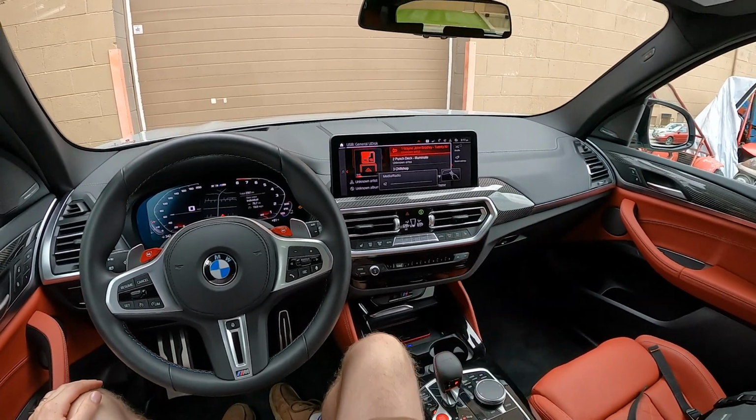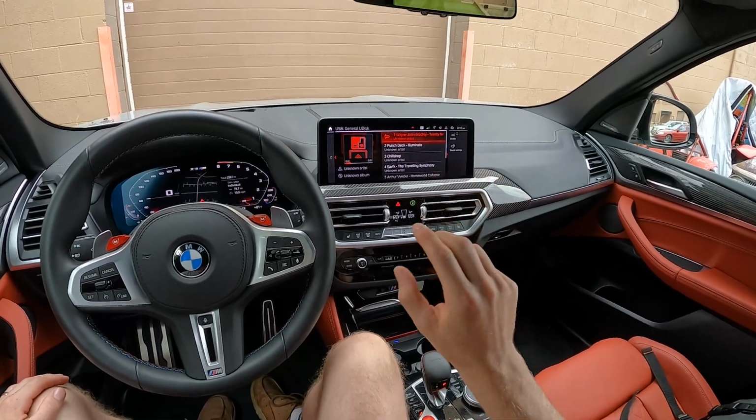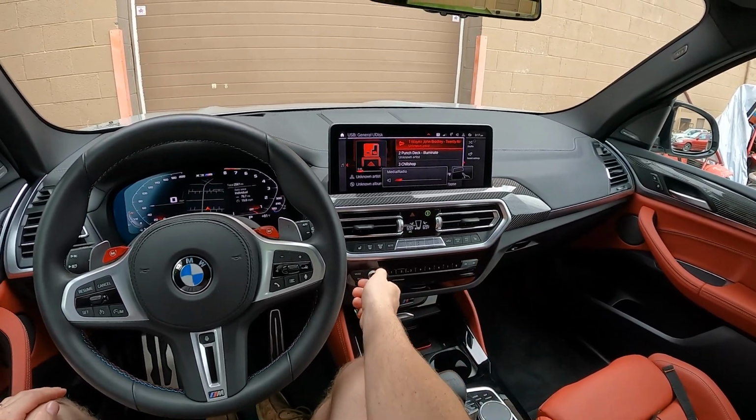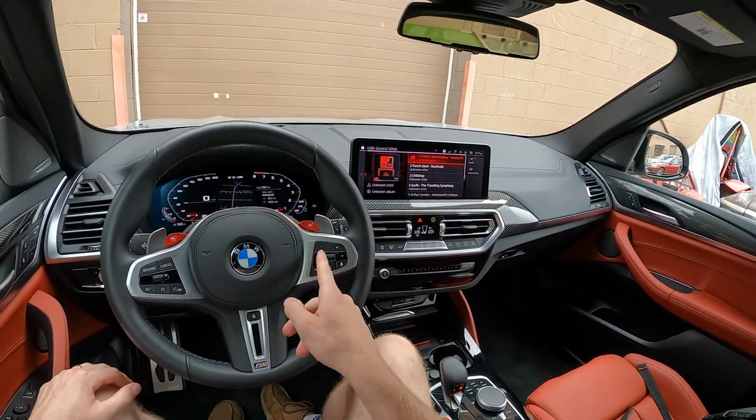Oh, stop that. The gesture control is already getting in the way here. Come on, just get playing again. What a pain. Anyway, we're going to take a look at how the infotainment system works,